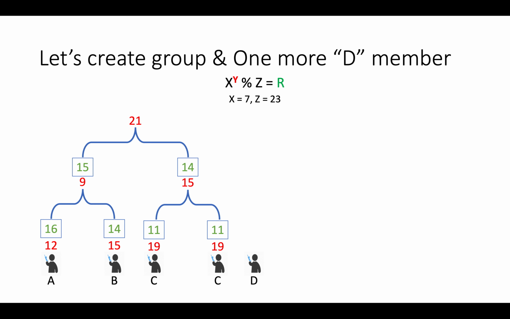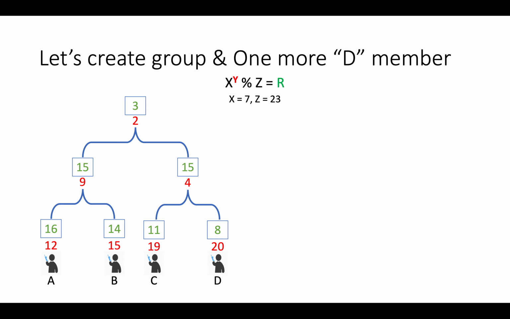Let's add another member into the group. Remove the replicated C from the group. Clear all keys that are affected. Add D into the group. D generates a secret. D calculates public info. Derive a key between C and D. Calculate public info. Come up with a common key. Calculate public info of the common key, which is not immediately required. Here you can see common key 2 that will be used by all members to encrypt and decrypt messages.